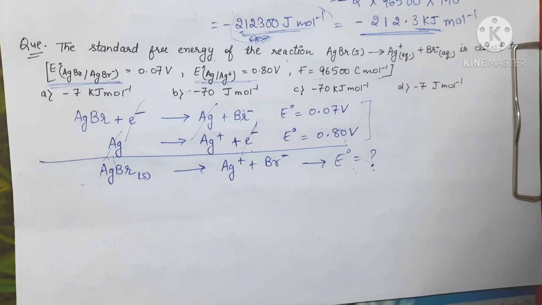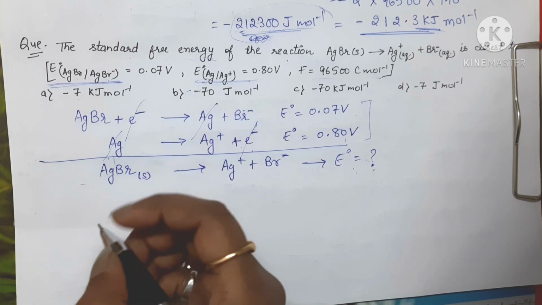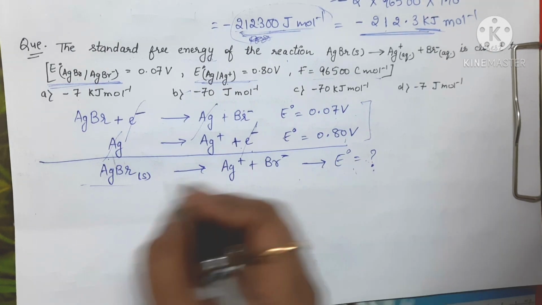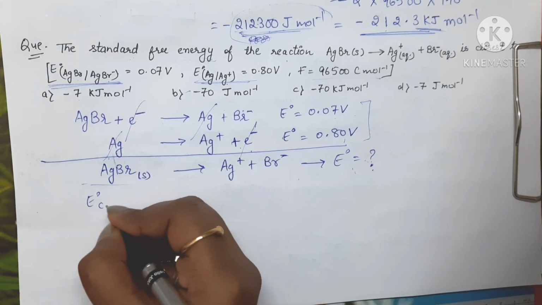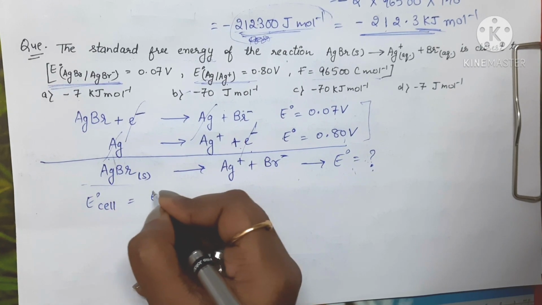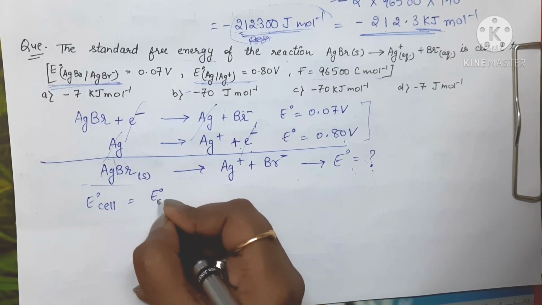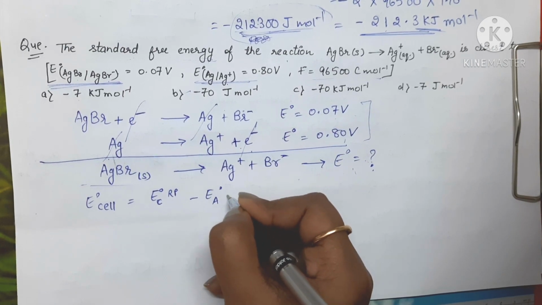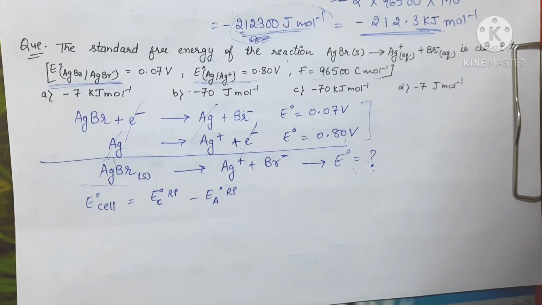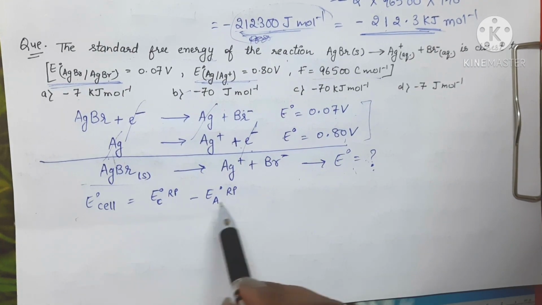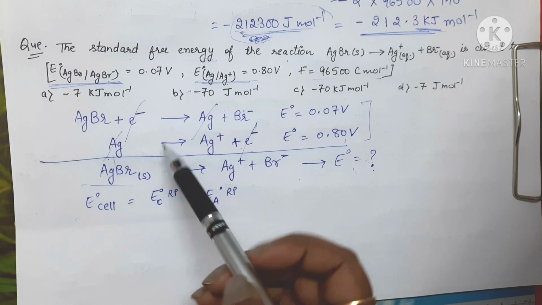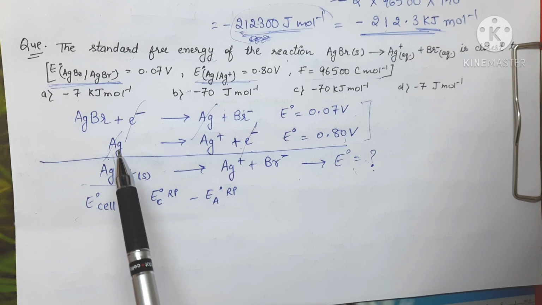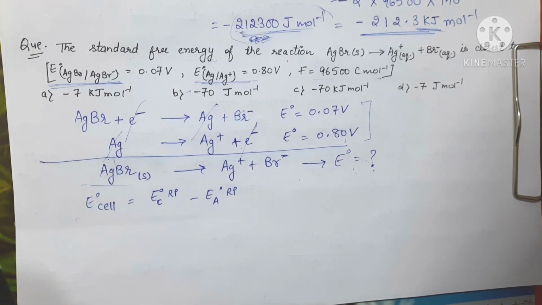So first we'll go ahead and find the E naught value. For the full cell reaction, what will delta E naught of cell be? E naught of cell will be equal to E naught cathode, the reduction potential at cathode, minus the reduction potential at anode, right? This is the formula in terms of reduction potential, but here you will see at one of the electrodes oxidation is happening and at the other reduction is happening, right?